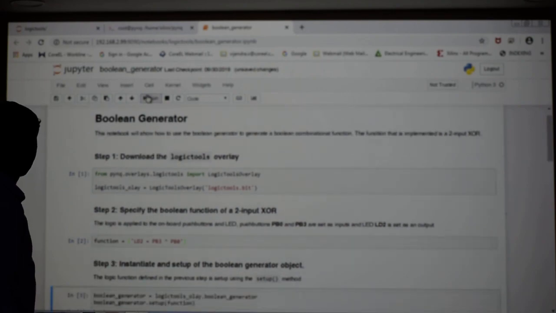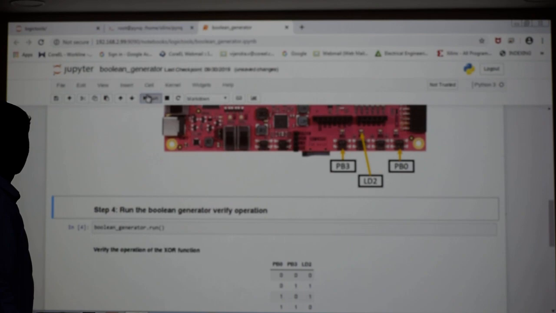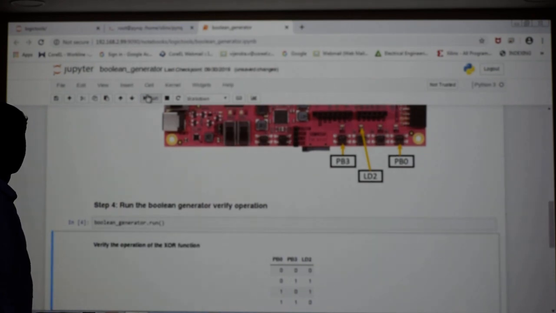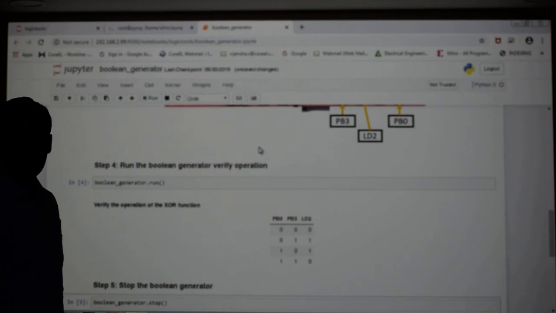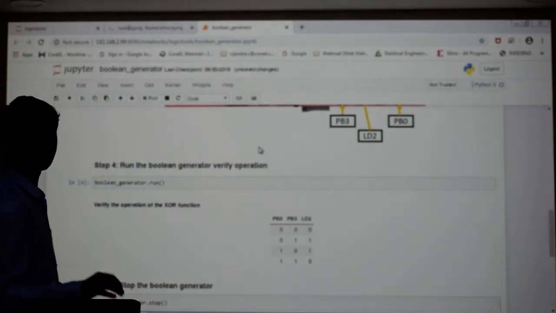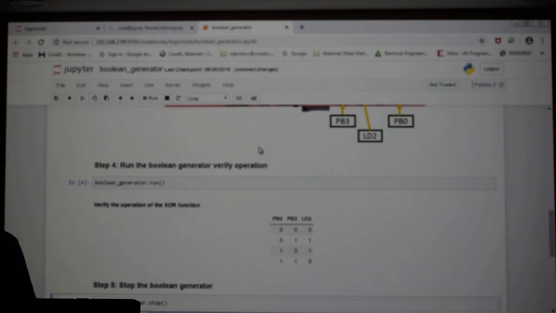It doesn't take much time. Run the Boolean logic, set up the function, which is just Boolean generator dot run. Once it is done, it's done. Don't go for stop; you don't go to the stop button. Go to line In 4 and execute it. Once it is done, observe the board. On the board, LED2 is the output. So push button 3 and push button 1